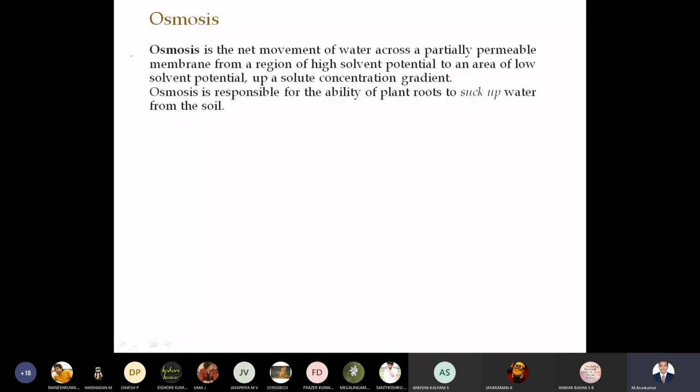Osmosis is responsible for the ability of plant roots to suck up water from the soil. In every plant, this osmosis process happens in the roots to suck up the water,